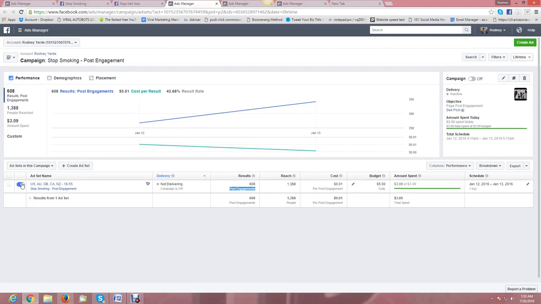Now, if you had previous ads running before, obviously you know that you can create your ad actually inside of the ads manager. Now, after you've paused your ad and you have added your call to action,